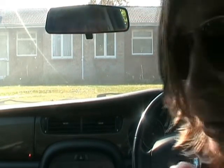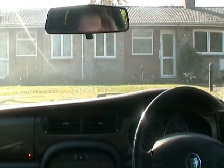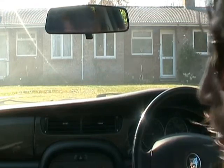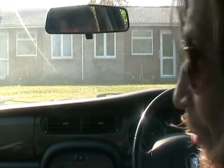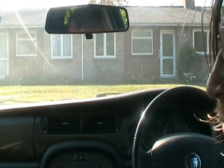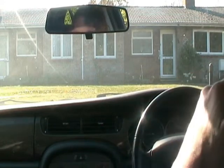Now, this is a manual, by the way, not an automatic. You lose a lot of power. Shoot. Well, there you go. That was what I was listening to. Fear Factory, by the way. I'm sure you're really interested in that, aren't you? Right. The aircon works on this as well. Everything works. So...